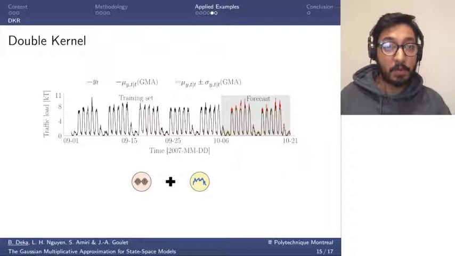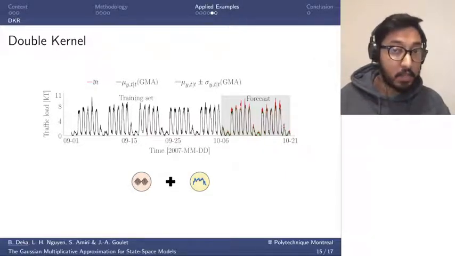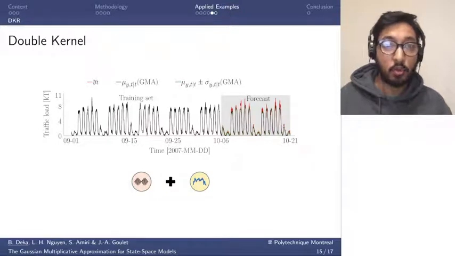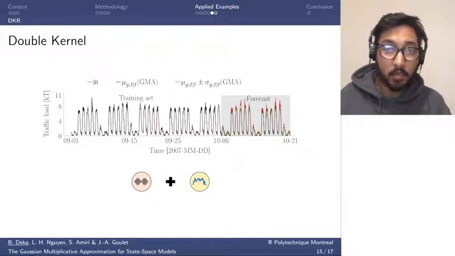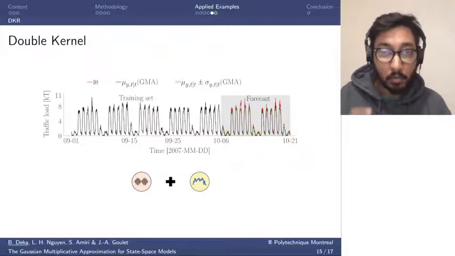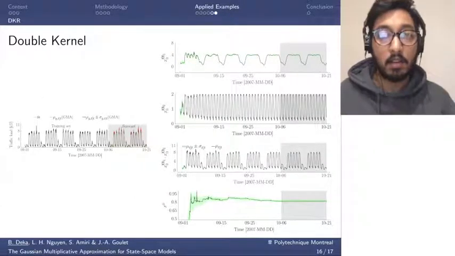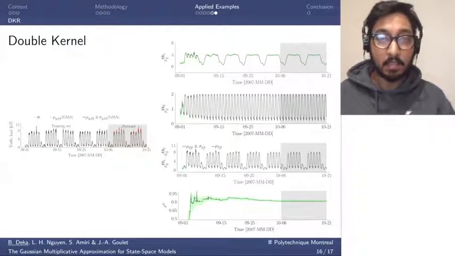And this is the prediction that we have using GMA. You see that our predictions are so accurate compared with the real data, where the real data is shown by the red solid line, the black line represents our predictions, and the green bound shows the uncertainty associated with our predictions. These predictions were obtained using the following hidden states, where we have